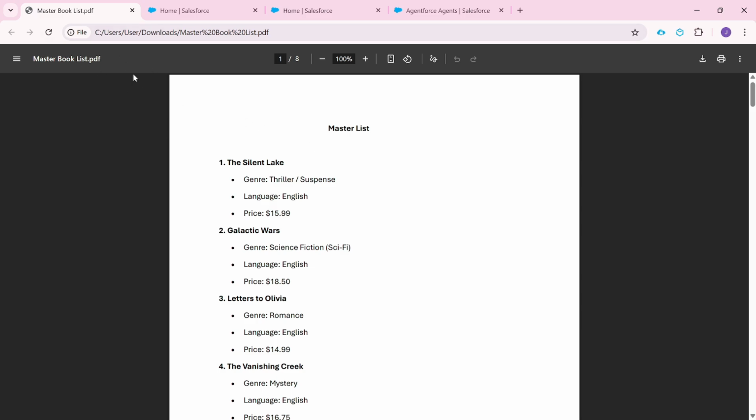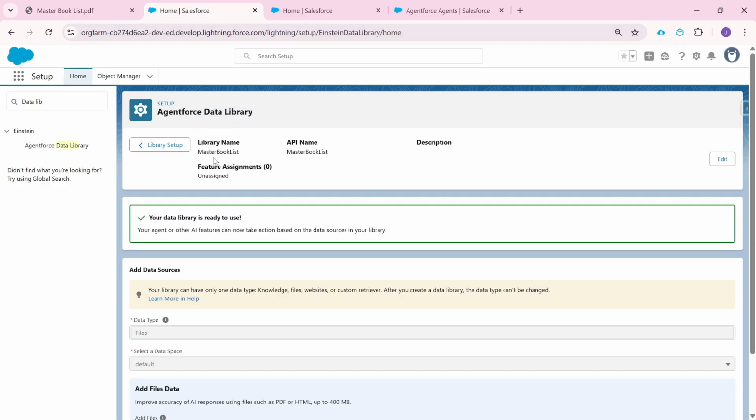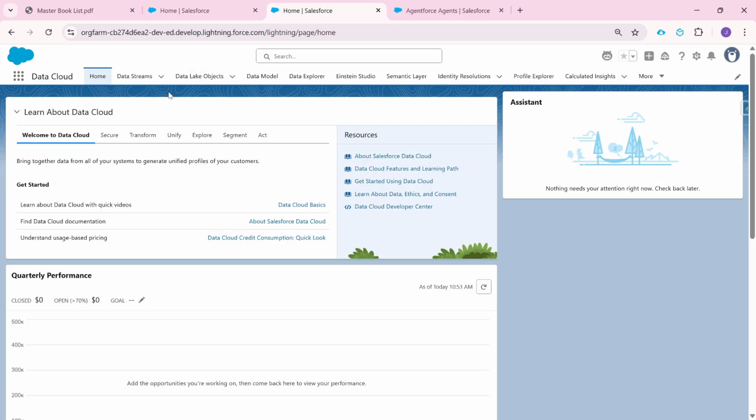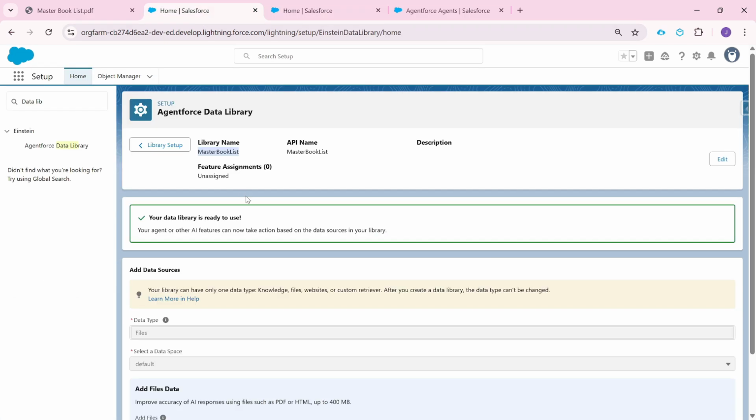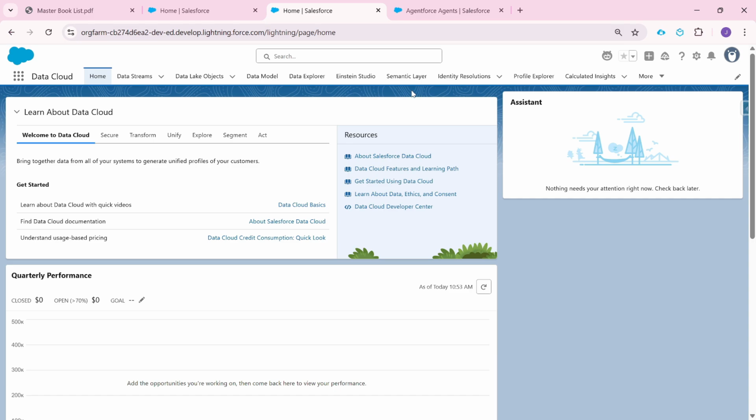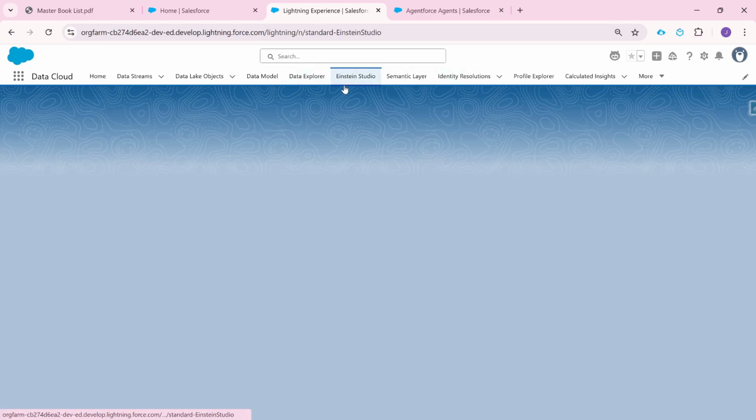I have already uploaded this PDF document into one of the Agentforce data library called master book list, and we had discussed this in our previous lectures on Agentforce data library, that the moment we do that, what actually happens is this content goes to the data cloud in the data stream. From there it goes to the data lake object, from there into the data model object. Then we have the retriever created, which uses the search index query in this unstructured data. So all of that has already happened because I had uploaded this like long back, and because of that the retriever is actually ready. So if I go to the Einstein Studio,